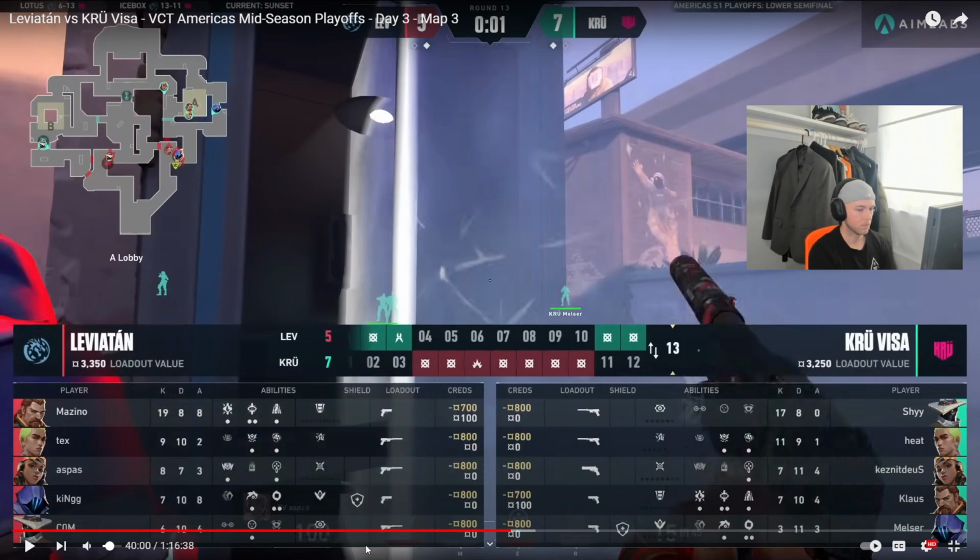Okay. Before I get started, let's just highlight the comps real quick. Mirror comps on both sides: Cypher, Breach, Gecko, Raze, Omen. This is a very execute heavy comp that can just contact pop places. It's an attack sided comp, but defense is pretty solid as well, being able to stun for A main,